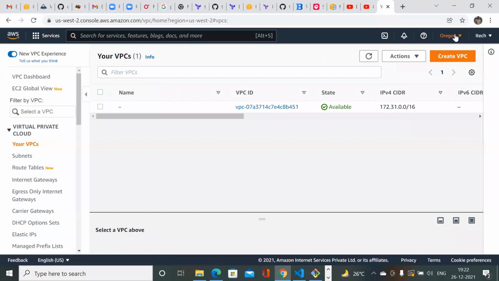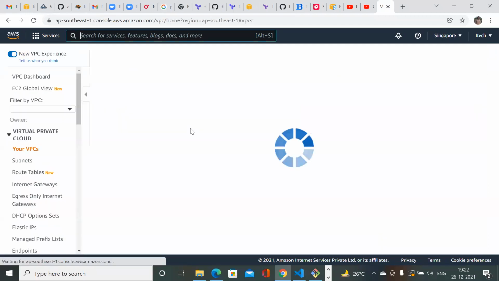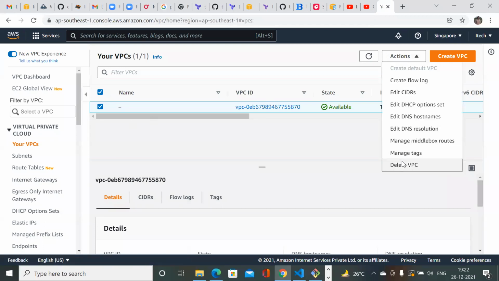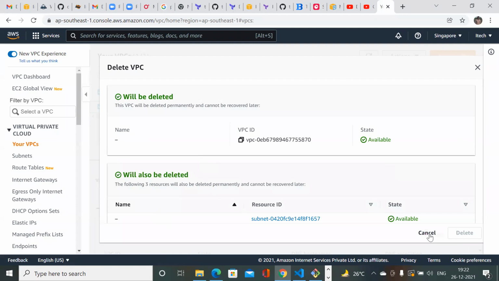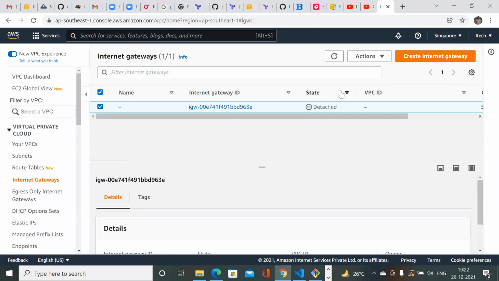Fine, I'm navigating to Singapore only. In Singapore I already detached the internet gateway, right? So let me delete all these things initially. Let me delete the VPC first. The internet gateway is still detached. Okay, delete this.